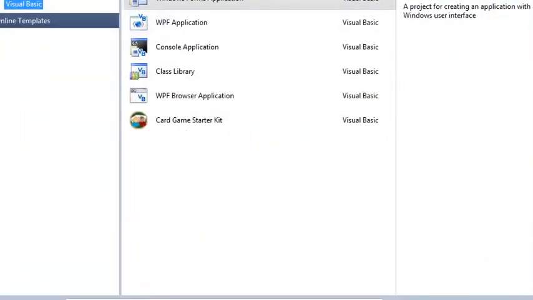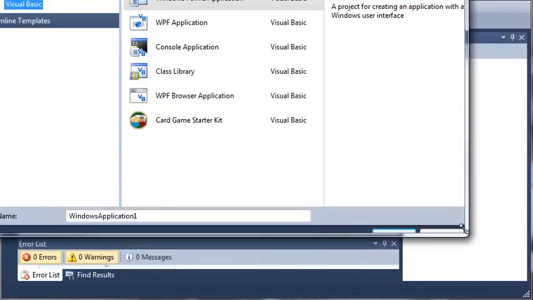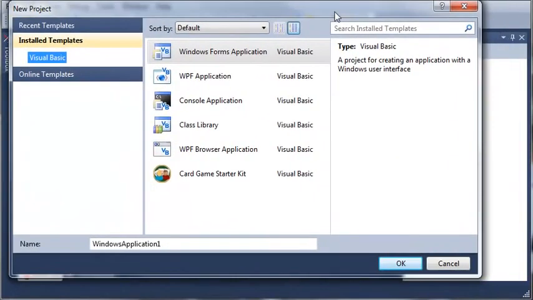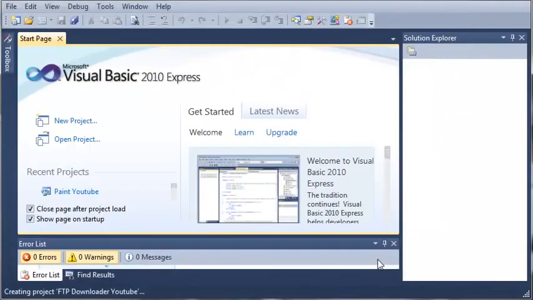So let's go ahead and create a new project, and if you don't know what FTP is, then you may want to do a little bit of research on that. It's File Transfer Protocol, and you can set up an FTP server of your own, and it can host files and people can connect to it. So we'll select a Windows Forms application. We'll call it FTP Downloader, and I'll just add YouTube at the end of this. So we'll go ahead and click OK,